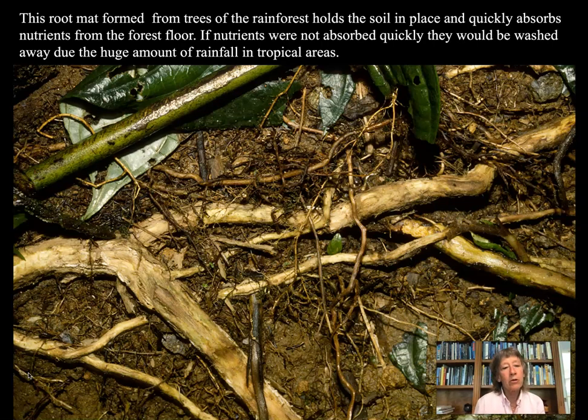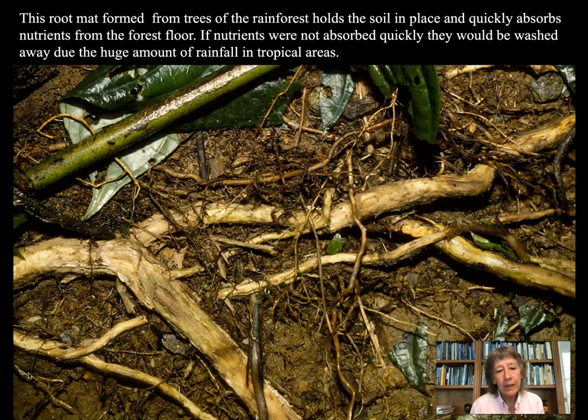This is a picture I took in Costa Rica of the root mat that the trees create on the forest floor. To get this picture, I had to remove all kinds of leaves and leaf litter and decomposing material. And this root mat is designed so it actually holds tropical soils in place during heavy rainfall. When it rains in the tropics, rain is measured in meters rather than inches. And so tropical rainforests get massive amounts of rain, and any nutrients that would be in the soils would be